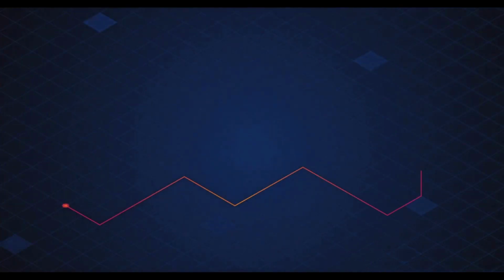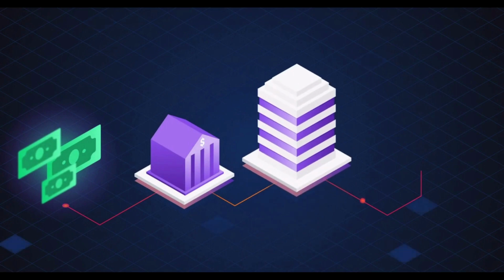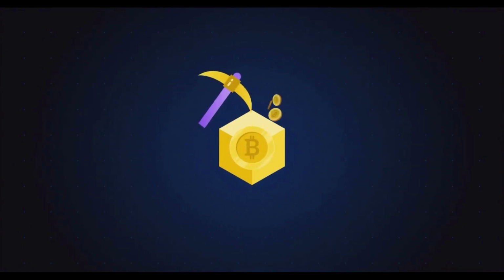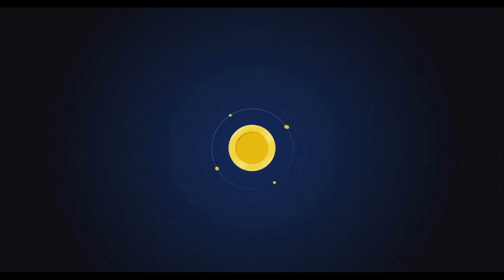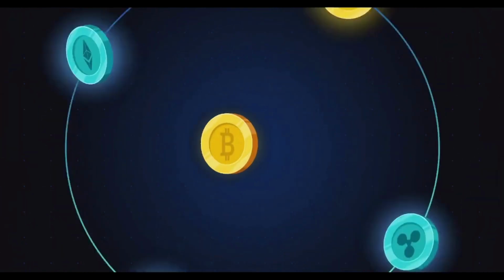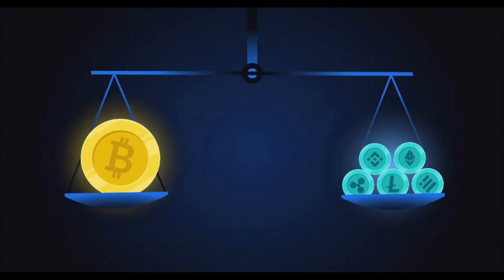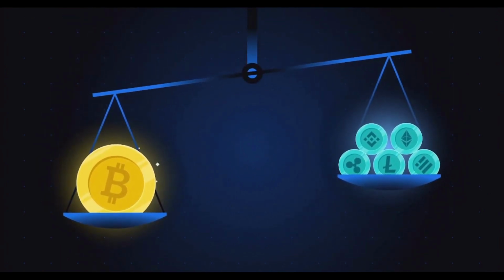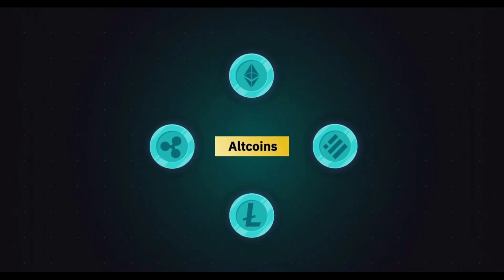They are issued and declared legal tender by a central government and typically don't use a distributed ledger, such as a blockchain, to keep a record of transactions. Since the first Bitcoin mining reward was received in 2009, the world of cryptocurrencies has grown significantly. On the broadest level, all cryptocurrencies can be broken into two groups, Bitcoin and altcoins. Well, yes, Bitcoin and not Bitcoin doesn't seem like much of a categorization, but this is because of how dominant Bitcoin is in crypto. The market capitalization of Bitcoin is a significant portion of the total crypto market cap, so people generally call all cryptocurrencies other than Bitcoin altcoins.